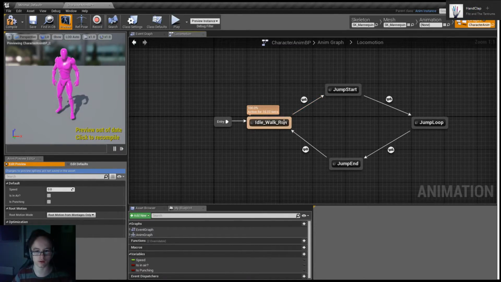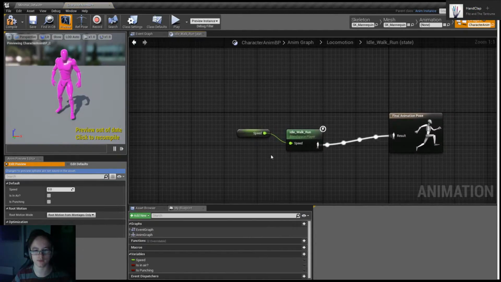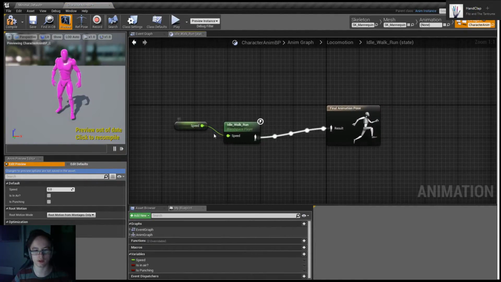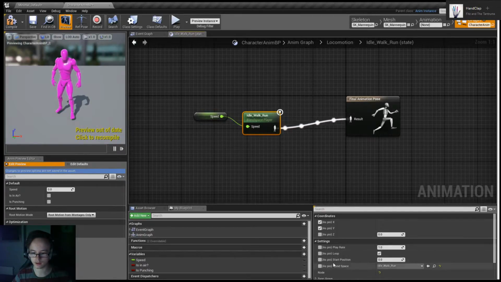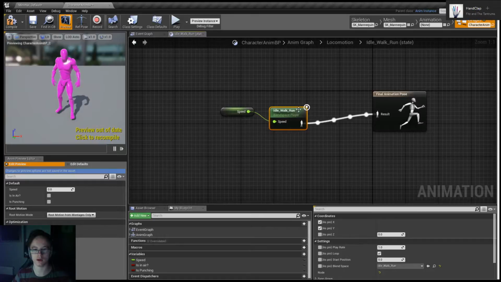So it has the blend space, and it has a speed. If you go inside of it, it's got a speed modifier linked to it, and then into the main final result. So then this blend space asked for a blend space ID, which we just made, so you just apply it, and then